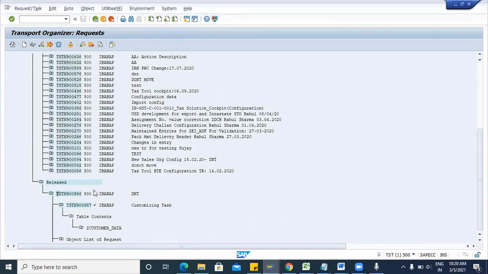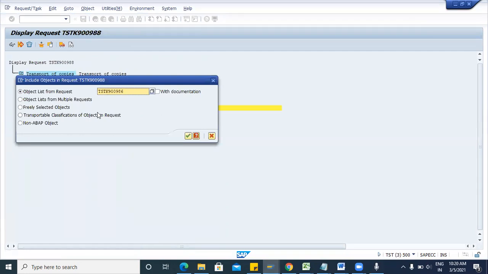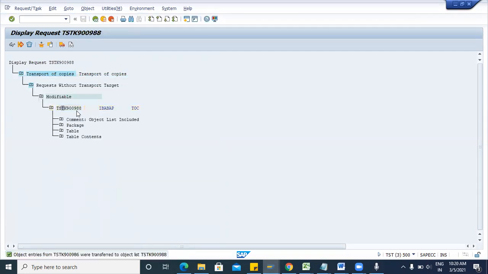Then next is for customizing. So this is the customizing tab. You can copy your main TR 986. Just put your cursor on this TR and click on include object. Add the customizing request. Now you can see your data also. So we have merged these two TRs in this TOC.